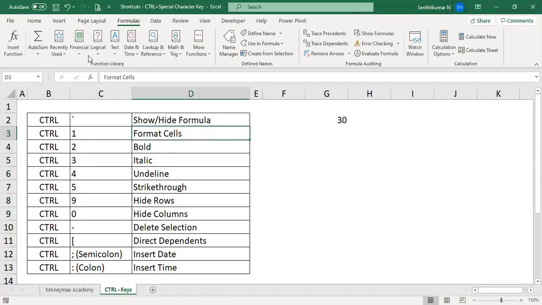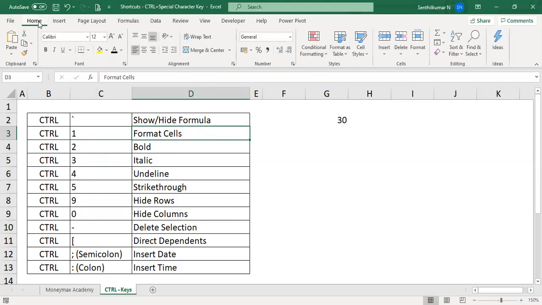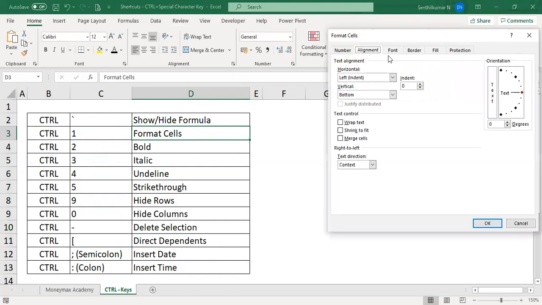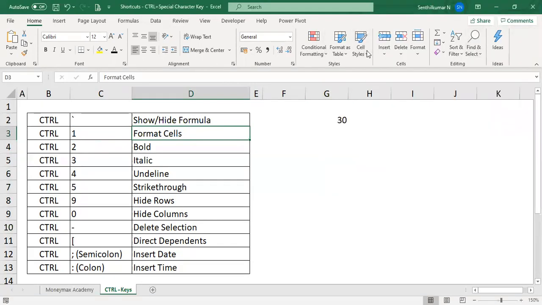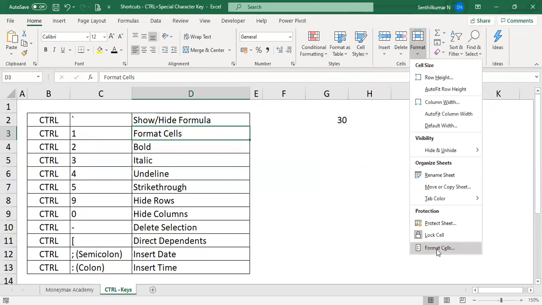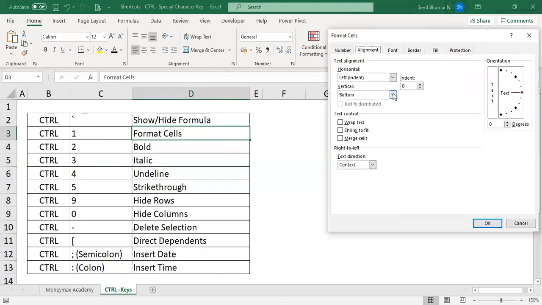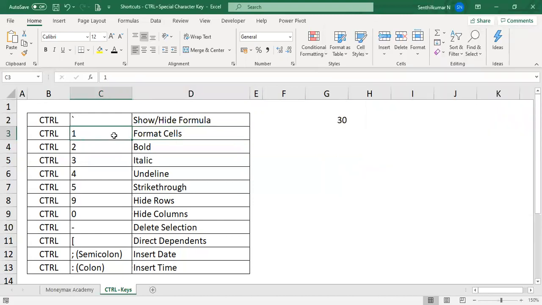What is Format Cells? We have to go to the Home menu. If you want to use Format Cells, you can click here. This is one option. Another option, you can go to the Home menu, see the Format ribbon, and then you can get Format Cells. Or you can use the shortcut key Control plus 1.